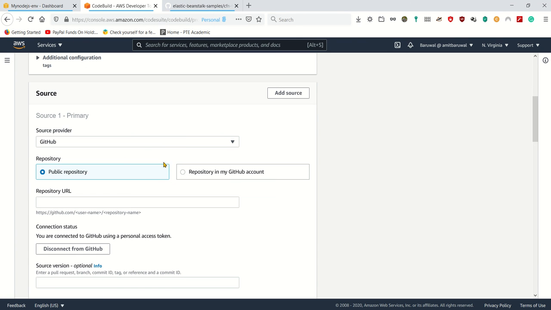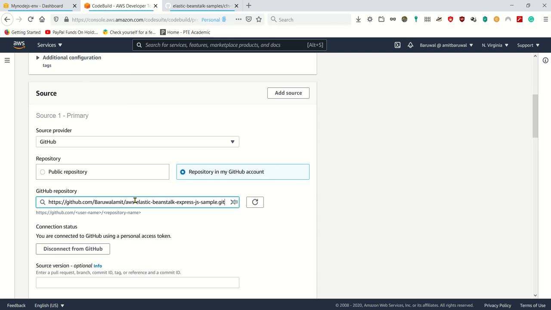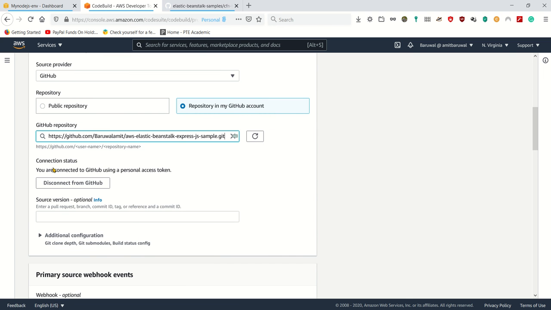So now once it's done, if you click here, you should be able to see your repo. Okay, if you don't see it, you see public repo or get repo from your GitHub account, and if you see these ones, you can just select your GitHub. Okay, you go